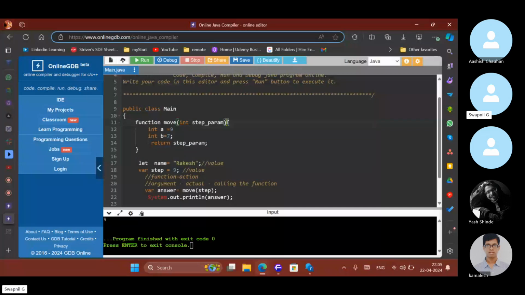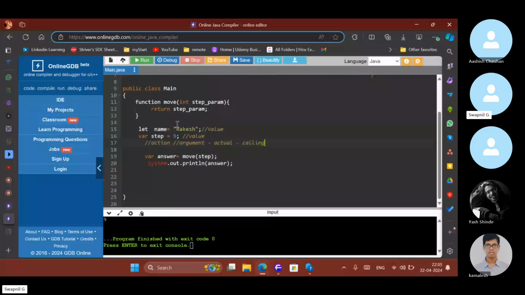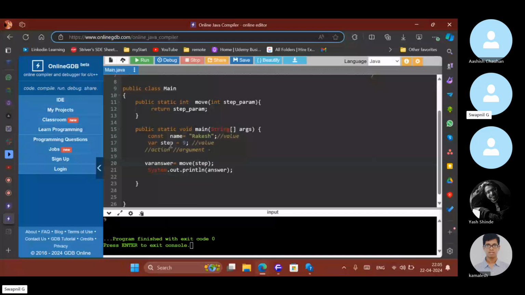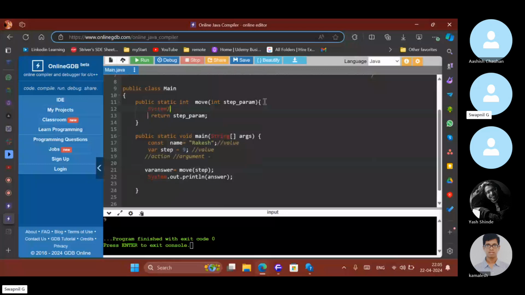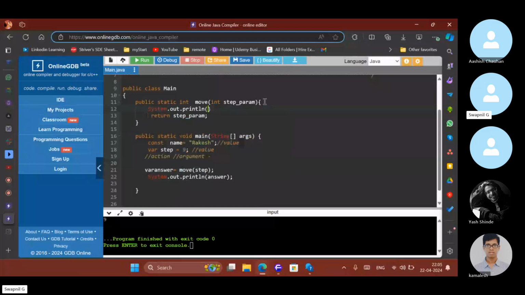Only inside the function. A value cannot move inside. This value cannot move inside over here. If you write it over here, one value of one function, this step is in the main function.